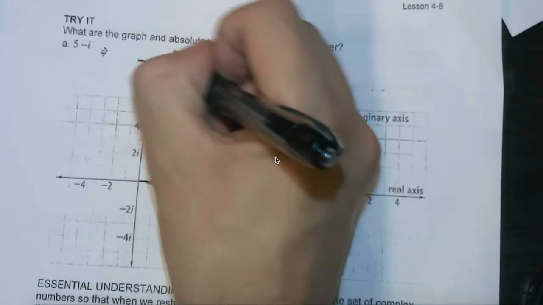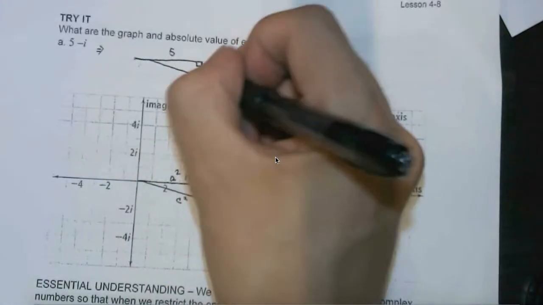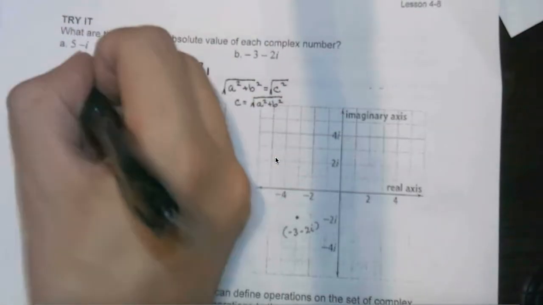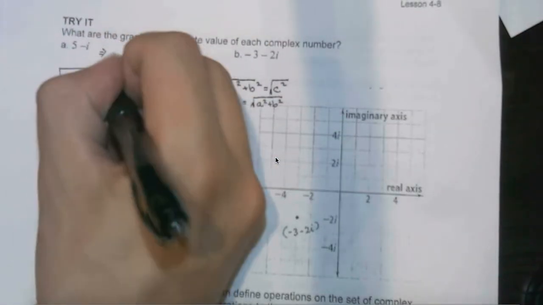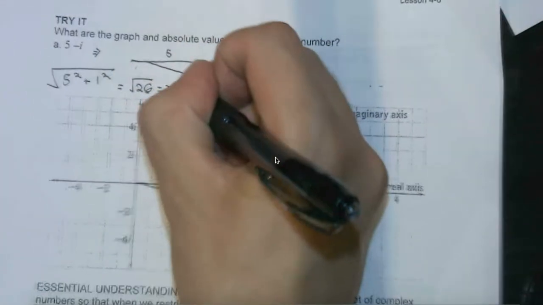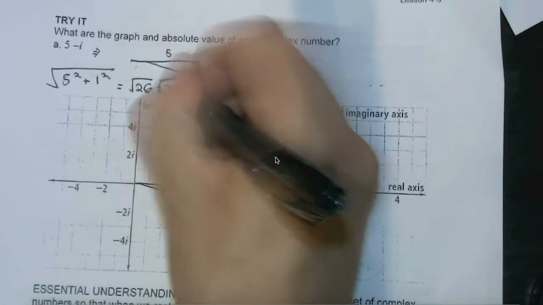And then we can think of this as finding the hypotenuse all the way to here. So we can treat this as if it's the square root of 5 squared, adding on 1 squared, which is the square root of 26,